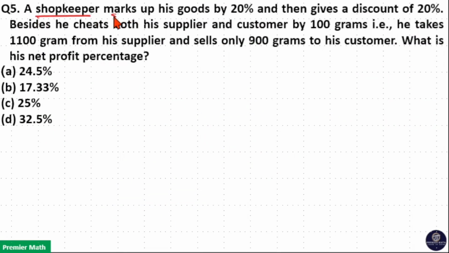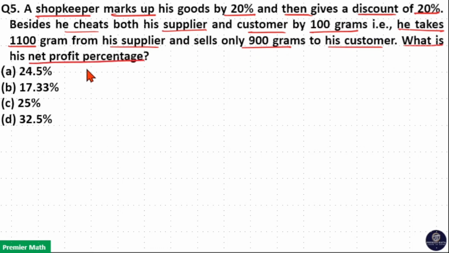A shopkeeper marks up his goods by 20%, then gives a discount of 20%. Besides, he cheats both his supplier and customer by 100 grams. That is, he takes 1100 grams from his supplier and sells only 900 grams to his customer. What is his net profit percentage? Here,